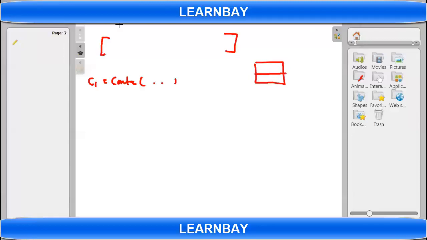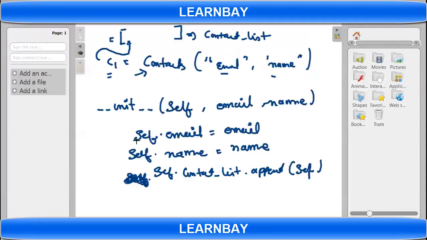First is email ID, second is name, and we are initializing these two variables using this code. Because when init is getting called, the object is already created, and the constructor is calling init.